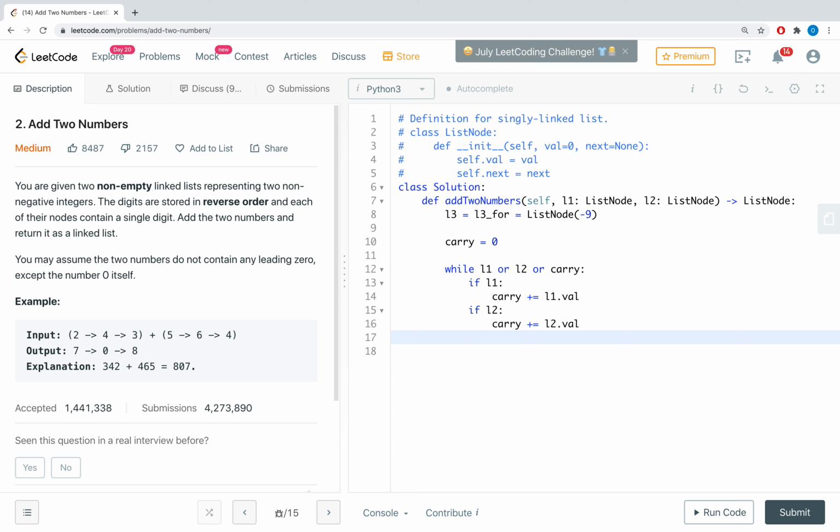So, once we are done with the addition, we will use our L3.next, for L3_4, which is the one that we'll make next, to be equal to our carry